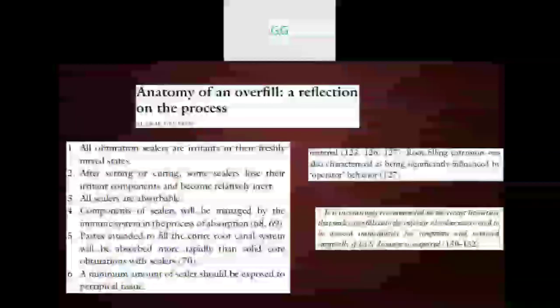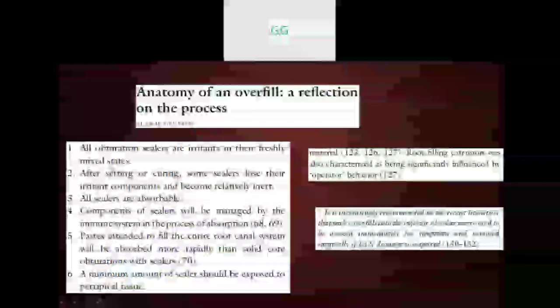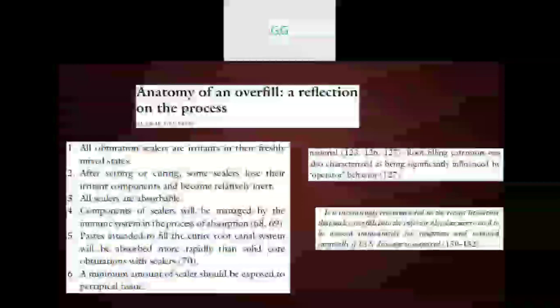Now, this is another article by Alan H. Gluskin, Anatomy of an Overfill, which is a reflection on the process. He states in his article that one thing to be remembered about all sealers, when we get an extrusion or sealer puffs, is that all obturation sealers are irritants in their freshly mixed states. After setting or curing, some sealers lose their irritant components and become relatively inert. All sealers are absorbable, again proving the point that we do not have any ideal sealer that matches all the ideal properties. The components of sealers will be managed by the immune system in the process of absorption,